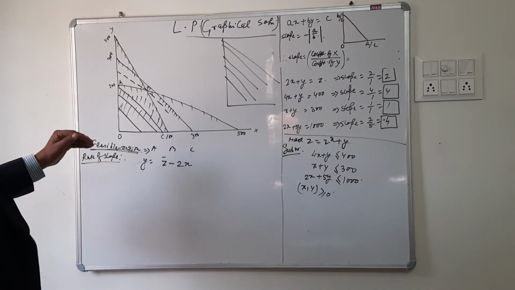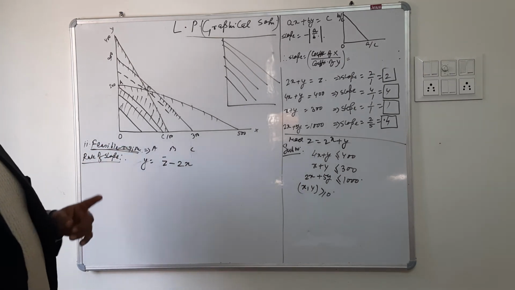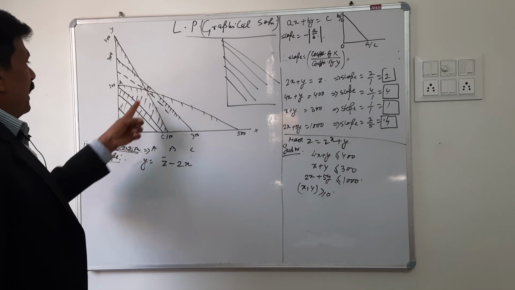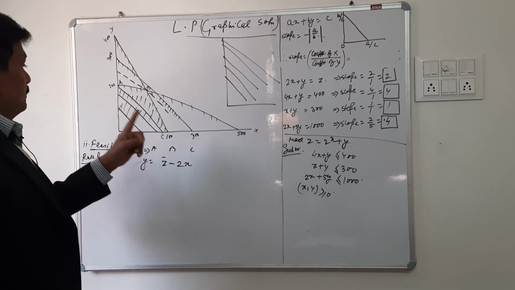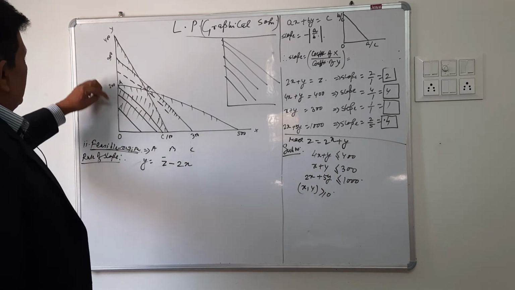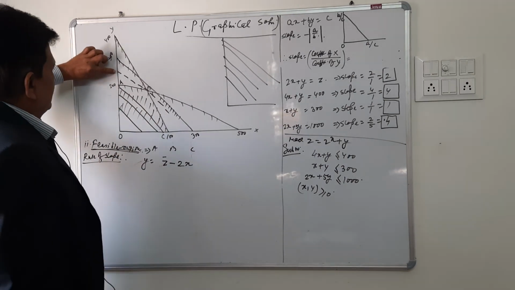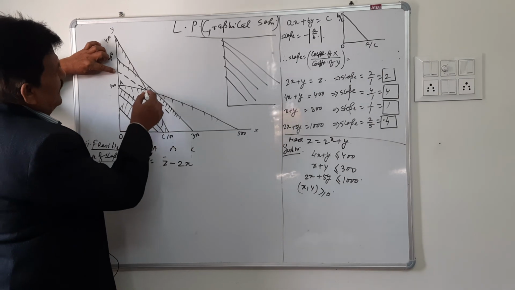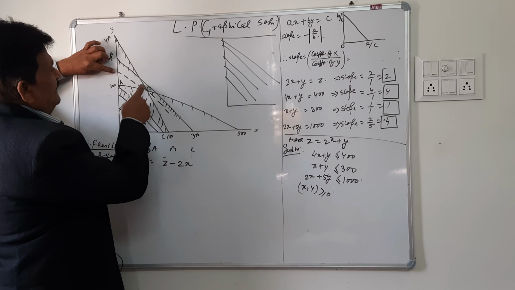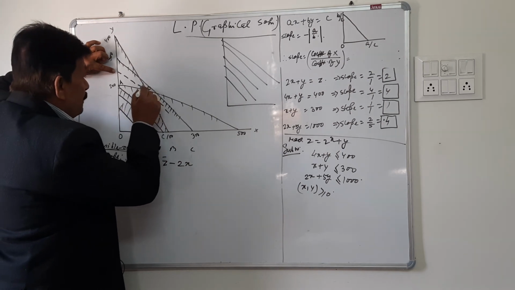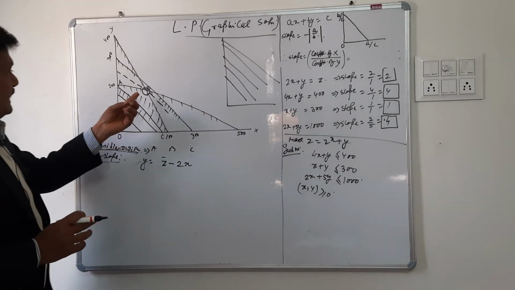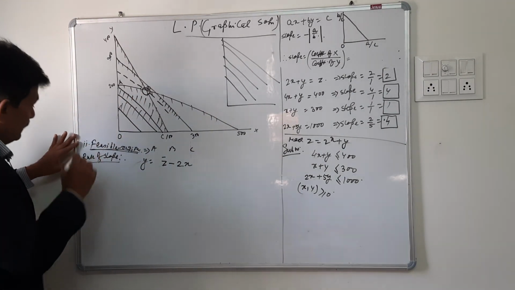Now the optimal solution is defined by the tangency of this objective, this profit curve, and the feasible points. Now what we see is that this profit curve is just passing through the point B, intersecting two constraints. Now this will be the optimal solution. Mind it, this is a very important point. This point B would be the optimal solution